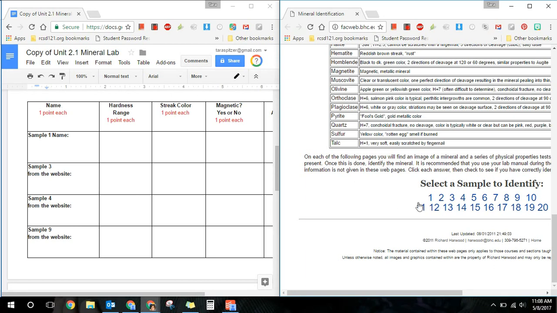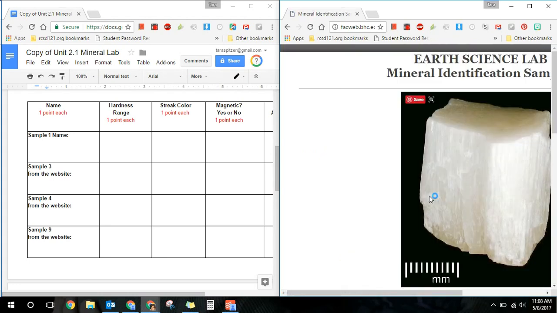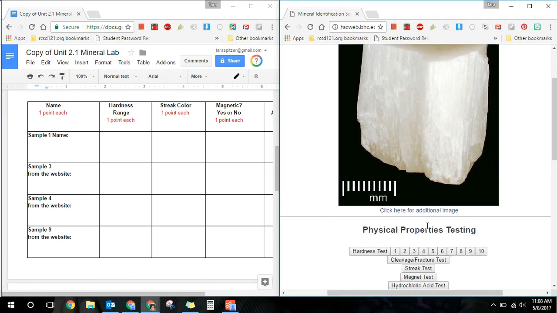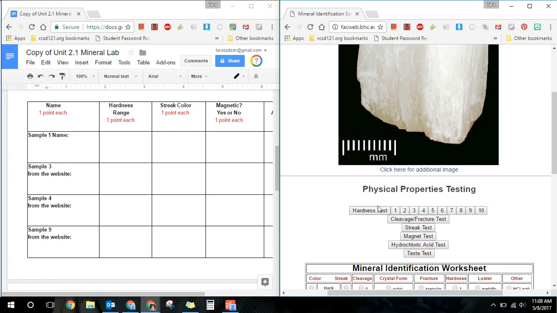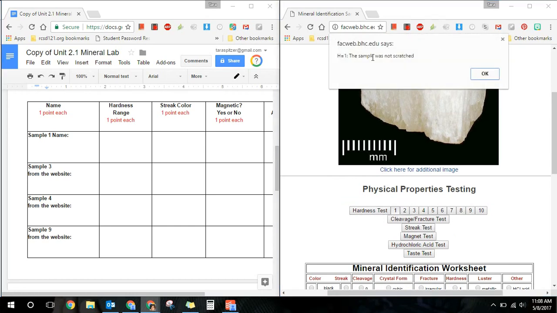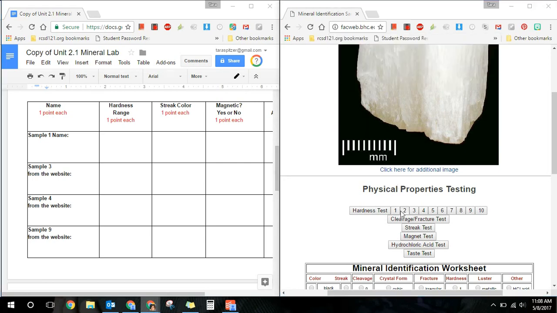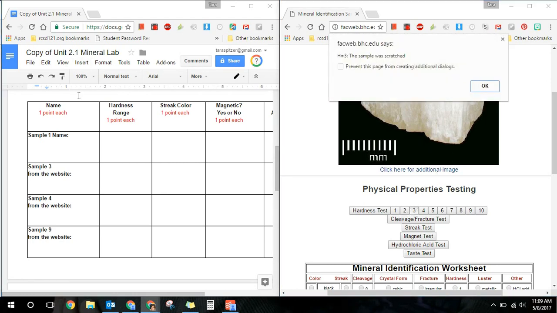It's sample 1, so we will scroll all the way down to the bottom of the mineral identification website and click on sample 1. The first thing it's telling us to do is to check hardness. For hardness, you will always start at 1, showing that it was not scratched, and then go in order until it is scratched. 2 was not scratched. 3 was scratched. So